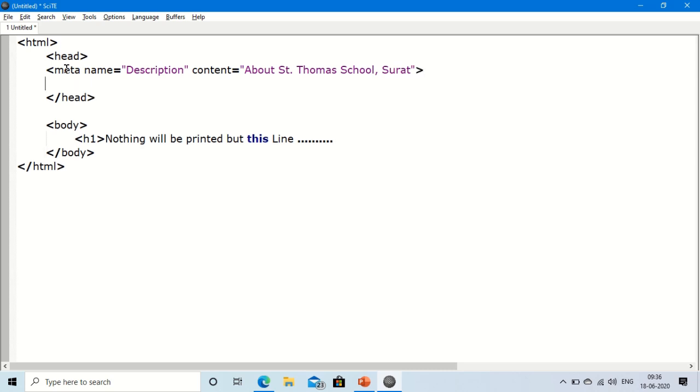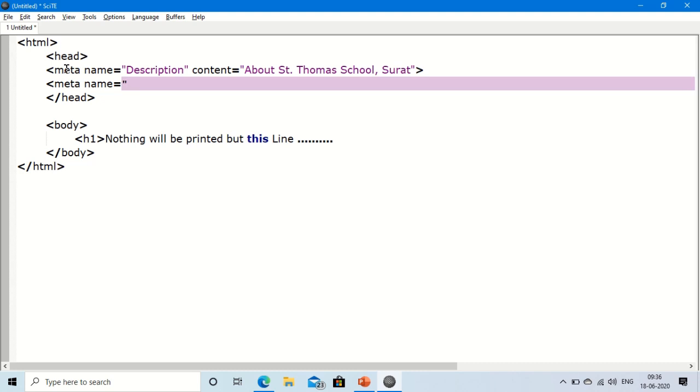Close it. Another meta tag I am using here: meta name is equal to keywords, and here will be the content. The keywords I am going to mention here are good education, good support by the teachers to the students.